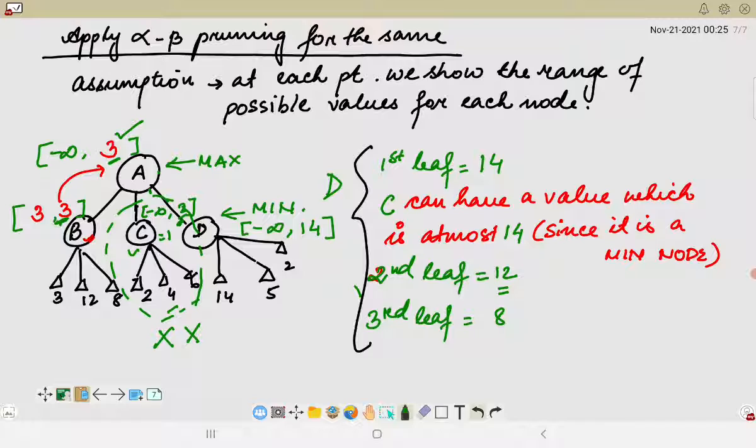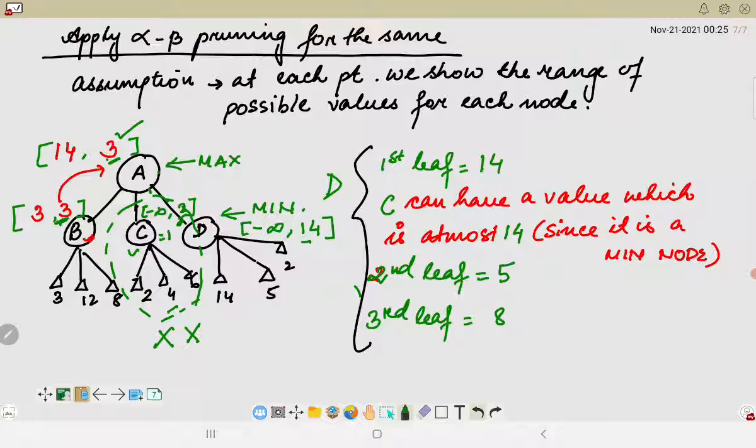So this is a higher alternative to the existing value of root, which is 3. That means we had 3 here initially and 14 here initially. So there is a possibility that I can replace this particular value with 14, right? However, let me check if I can actually do that. Let us consider the second successor of D. So if we are considering it, then it is basically 5. So the second successor of D is 5.